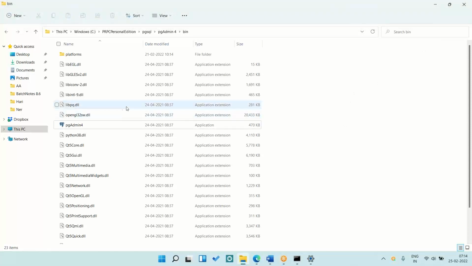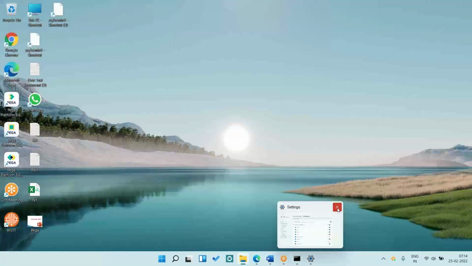Okay. And here, if you see, you can see this file. Add a shortcut for this on your desktop. See, after adding the shortcut,